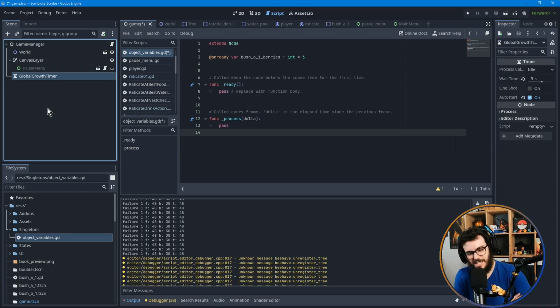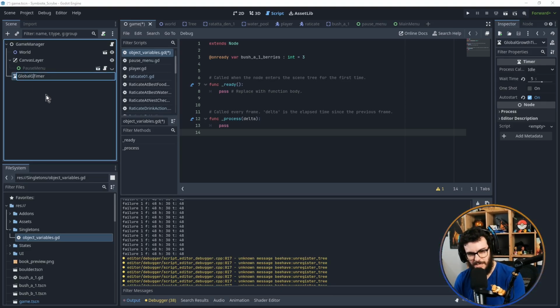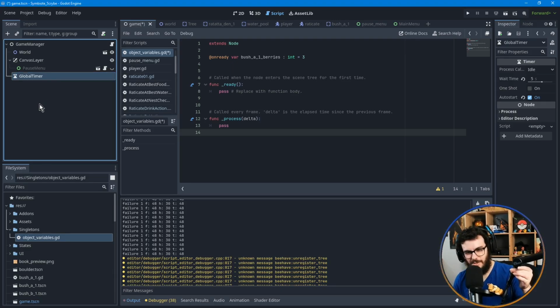Well, ooh, okay, because I guess day isn't just going to switch to night, right? It's going to slowly transition. There's going to be a point where we transition to sunset. Okay, you're right. So this should just be a global timer, and then every time it resets, we can have